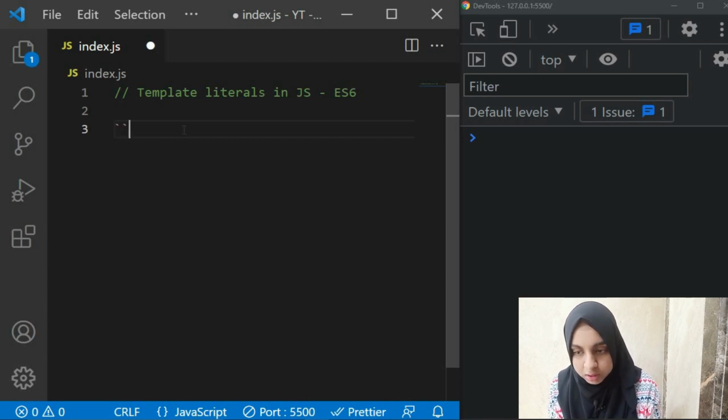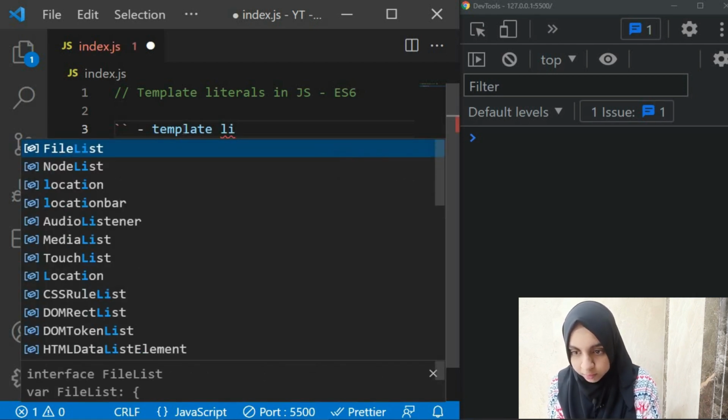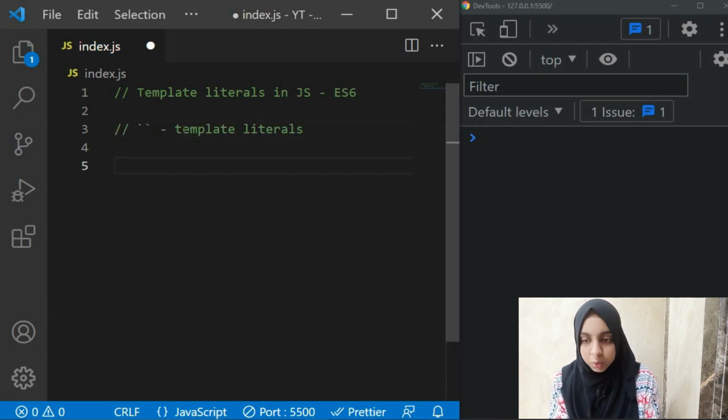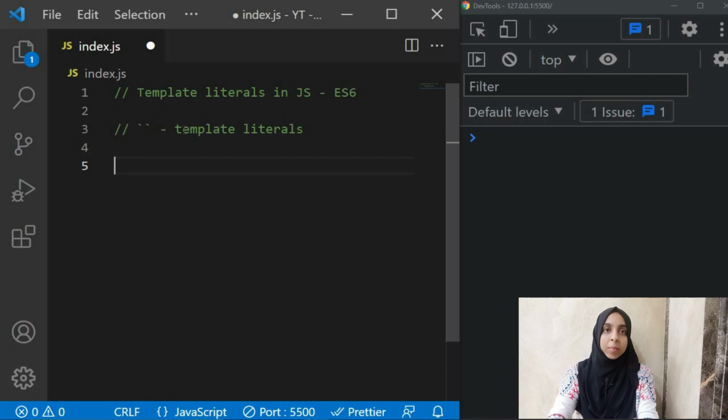These are what your template literals are. Now we will first see how we used to define our strings and how we used to concat them, and how we can use template literals to do the same thing in a very easy manner.